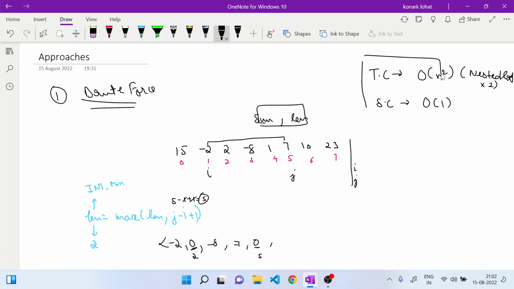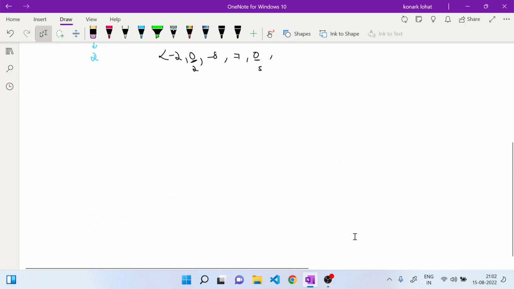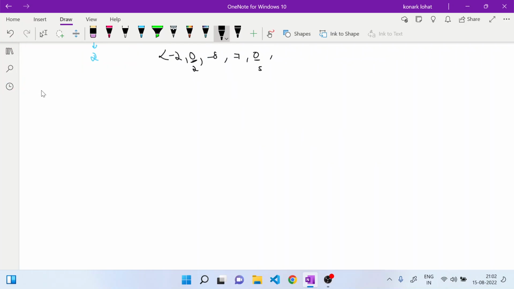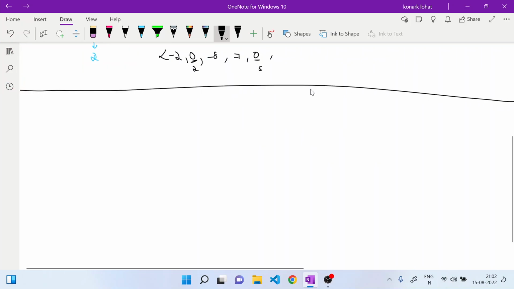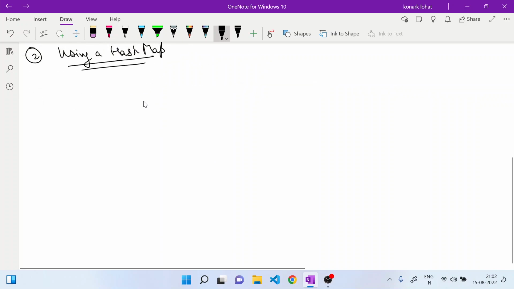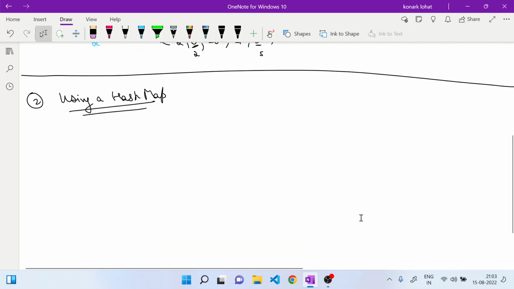So this is the first approach. Now we obviously want to see the second approach. So the second approach will be using a hash map, and it is an optimal approach. So let's see how we can do this. So for this we have our array as